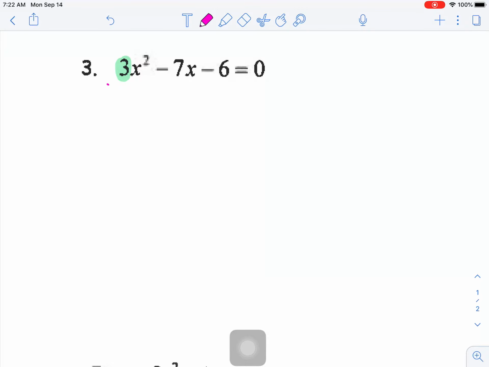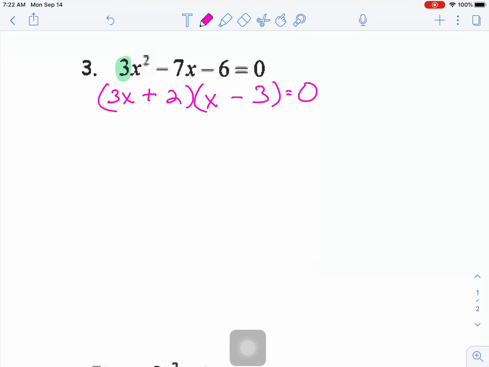So either you can guess and check it, which is what I'm going to do. So let's go ahead and split up that 3x. I'll also split up the 6. So 3 and 2, minus, plus. I'll check that in a second. The other option, if guess and check isn't your favorite thing, you can also do AC factoring or advanced factoring. And the other option, of course, is if you don't want to factor at all, use